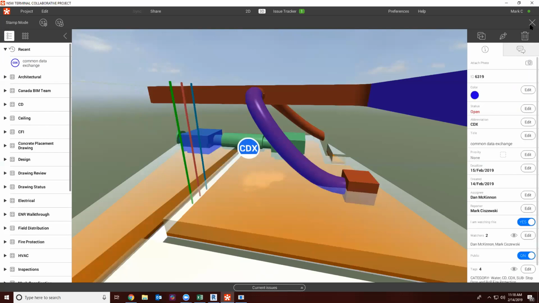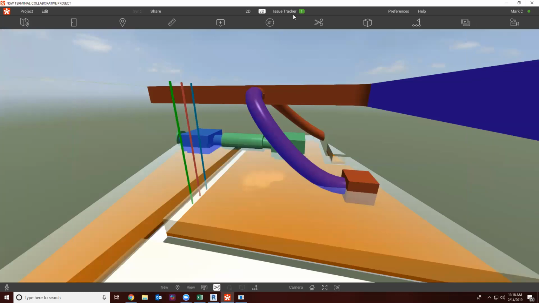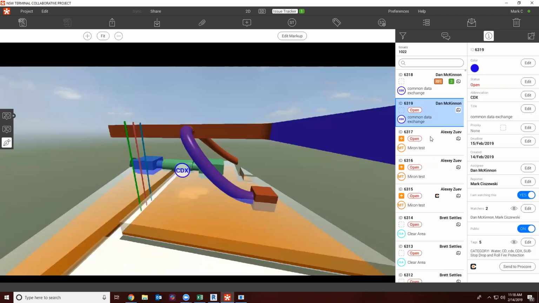So now that I've added that specific issue in there, I'm going to go into chat, and I can add some notes. I can now add a 360 photo if I'd like to. But for the time being, we're just going to go back to the issue tracker. So we can see that this specific issue that we just created, this common data exchange assigned to Dan McKinnon, has not been